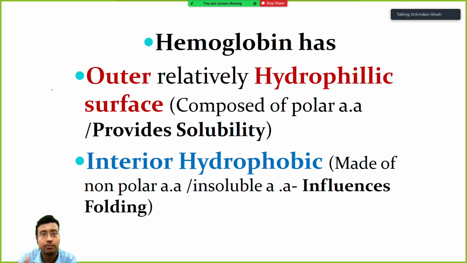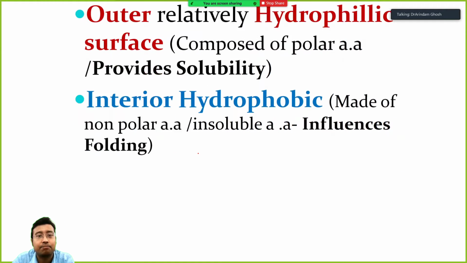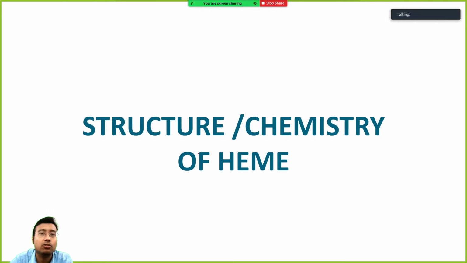So again, if we look from the outside, the outer area is relatively hydrophilic, so water contact is allowed, composed of polar amino acids. The outer surface is polar, whereas the interior is all hydrophobic. That influences protein folding. This is common to generally all soluble proteins. The outer part is hydrophilic and interacts with polar solvents, for example water, and inside all the hydrophobic things are packed. Okay, so now, 15 minutes left.